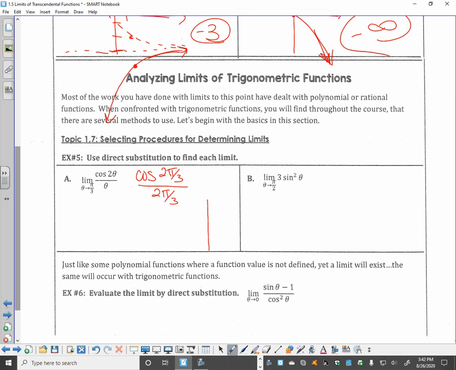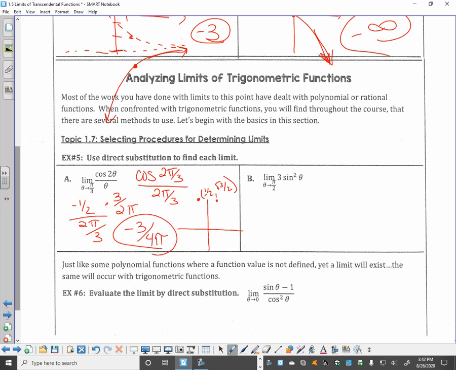All right, let's do some unit circle. 2 pi over 3, 1/3, 2/3. That's up, so that's pretty ugly. Quadrant 2. So cosine of that would be a negative 1/2 over 2 pi over 3. Little bojangles. So negative 3 over 4 pi. And make sure that when you write,